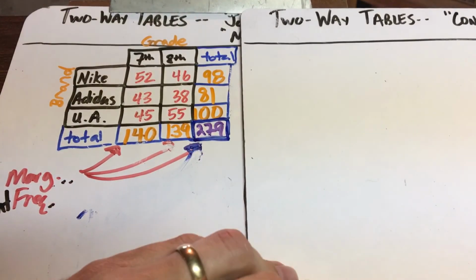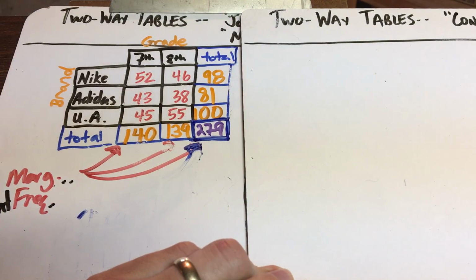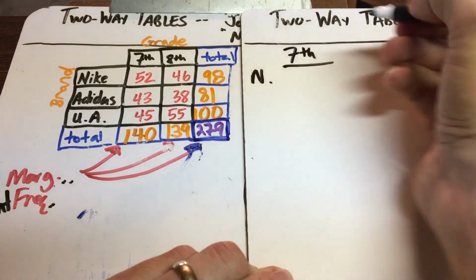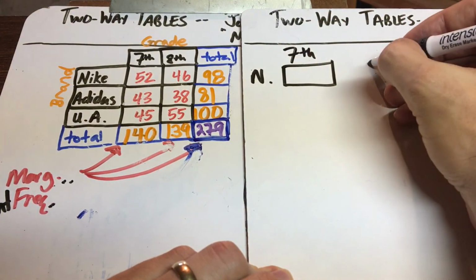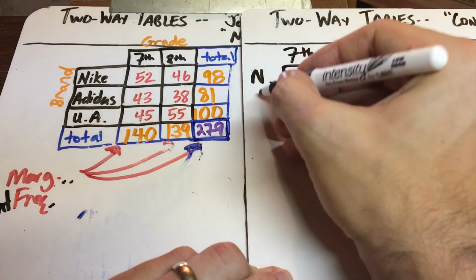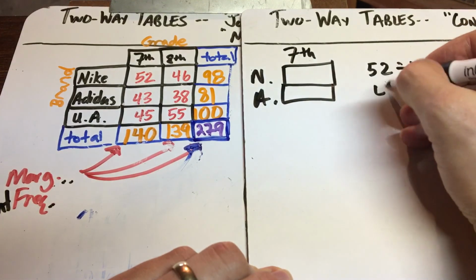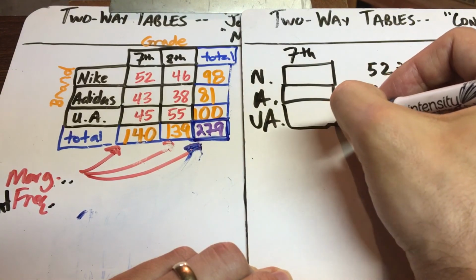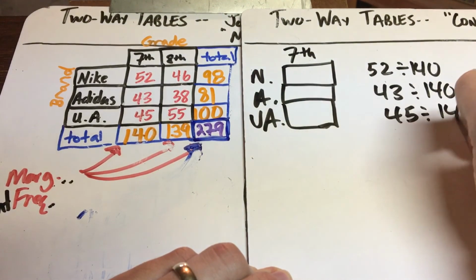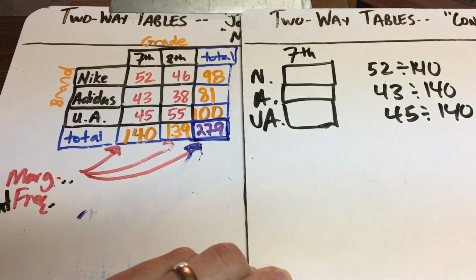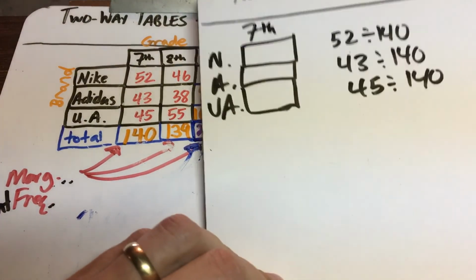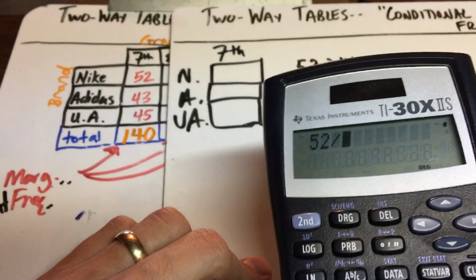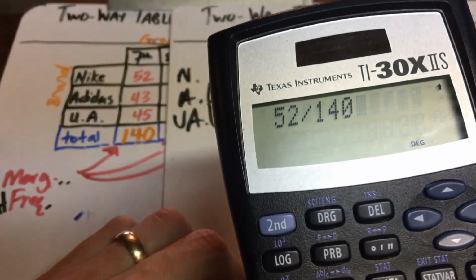But if I wanted to do conditional, I could do the same thing, right? For 7th graders, for Nike, I could do 52 divided by 140. And for Adidas, I could do 43 divided by 140. I'm not going to write all these out, but I might just do the 7th grade ones. For Under Armour, I could do 45 divided by 140. So instead of figuring out the total out of everyone, now I'm just doing the 7th grade all by themselves. Just basically cover up those numbers, right? I don't need those numbers. For the 7th grade, if I just wanted 7th graders only, 52 out of 140 picked Nike, that is